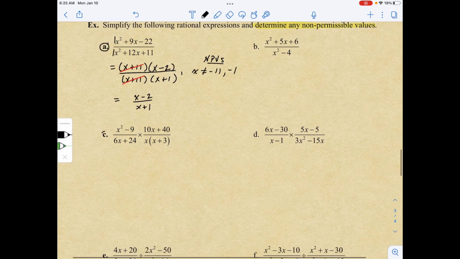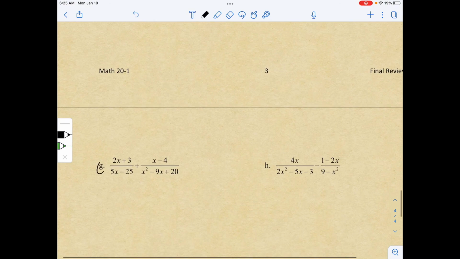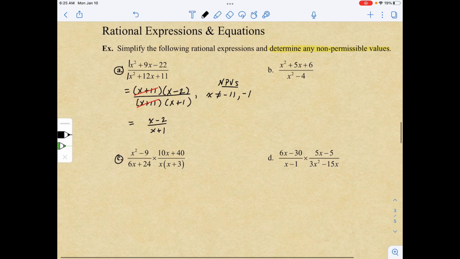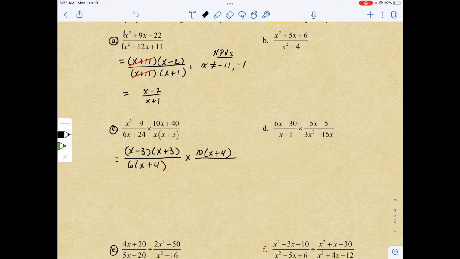For question C, okay, I think I'll do A, C, and E, and G, and I'll let you guys do the other ones as a try. For question C, we have a difference of squares here on our numerator, so that's an x minus 3 and an x plus 3. Okay, and that's all over a common factor of 6 times x plus 4 times a common factor of 10 times x plus 4 all over x times x plus 3, which is already